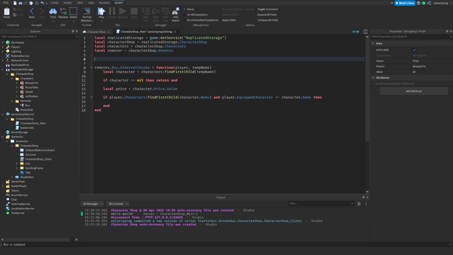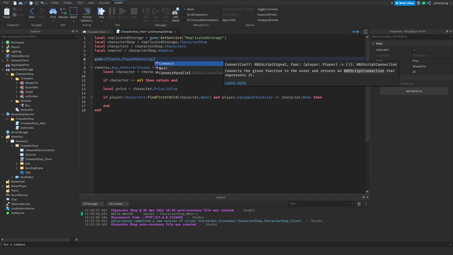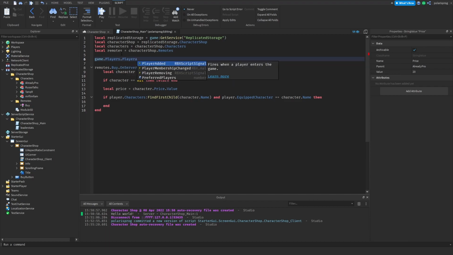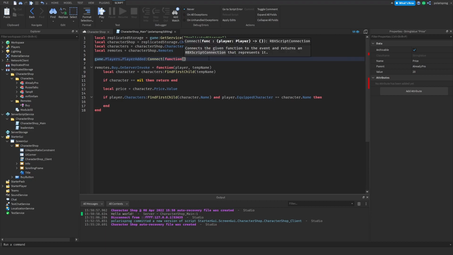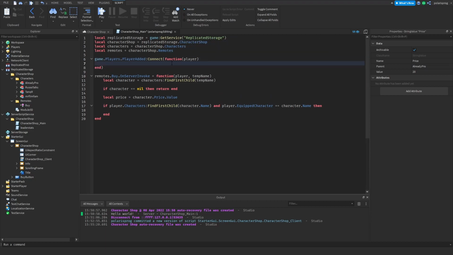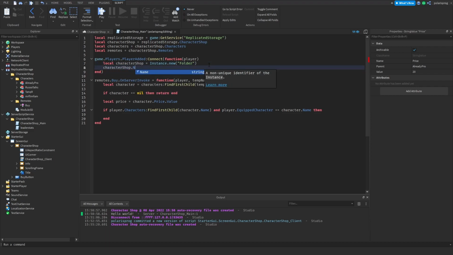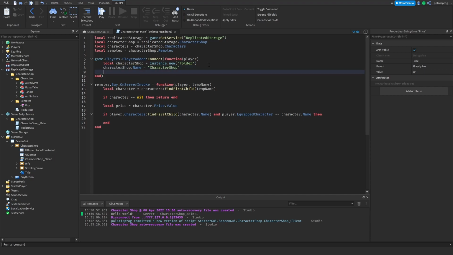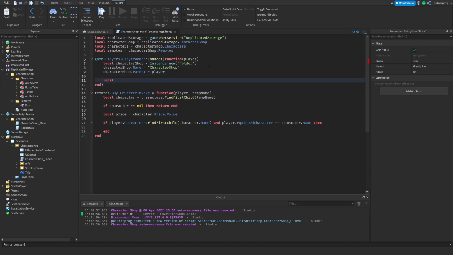And also I'm going to create a player added event here, so game dot players dot player added connect function player. And what I'm going to do here is do local character shop is equal to instance dot new and folder, and character shop dot name is equal to character shop, and character shop dot parent is equal to player, and local owned characters